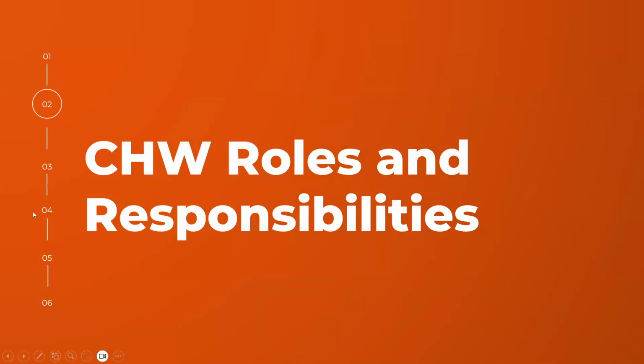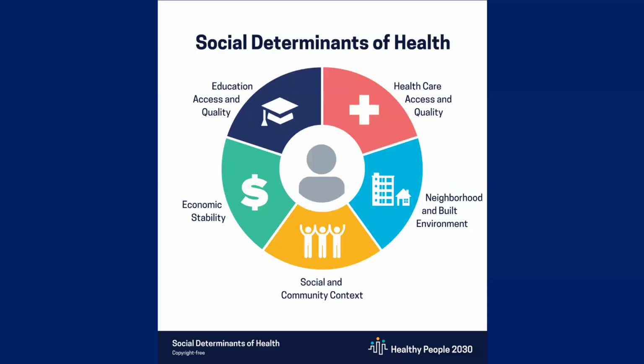All right, now that we have kind of defined the community health workers, we're going to discuss social determinants of health and how they relate to the community health workers' roles and responsibilities. It's important to understand what social determinants of health are so that we can understand why community health workers are so valuable. According to Healthy People 2030, social determinants of health, or SDOH, are the conditions in the environment where people are born, live, work, play, worship, and age that affect a wide range of health, functioning, and quality of